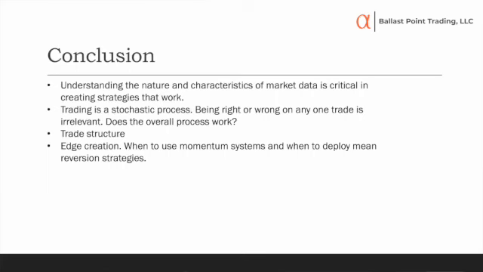Okay, and then that's trade structure. And the last piece, edge creation. All right, so mean reversion and momentum systems are really the only two choices that you have. There are lots of variations, tons of them. I guarantee any variation in anything you're looking at is either a mean reversion strategy or a trend following strategy, and that's just the way the data plays out. That's just a response to what the data is.